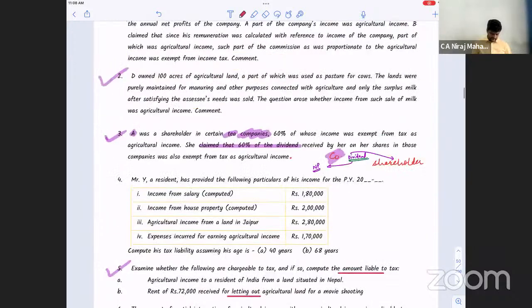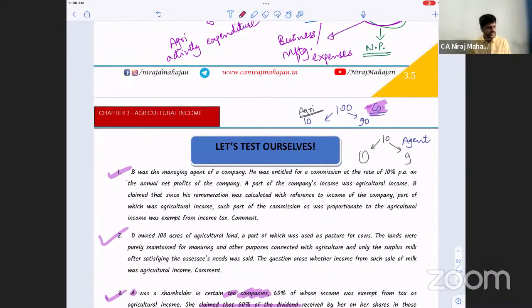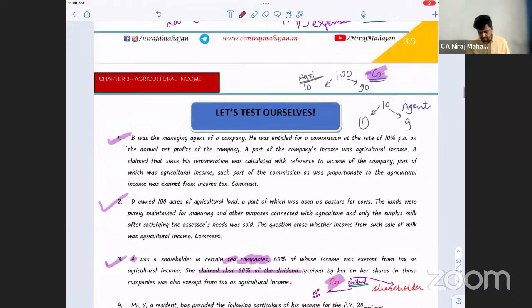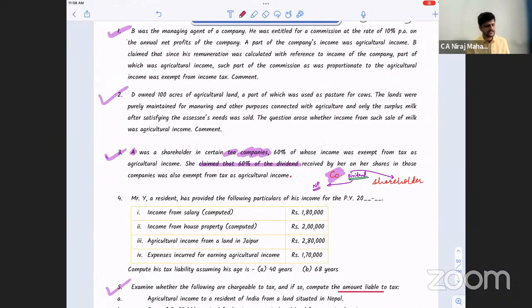Fine, everybody. The only 2 questions remaining, then we'll start with a new chapter in tax. Tomorrow in the next lecture, we'll take the remaining 2 questions, and then we'll start with another new, small, simple chapter. That is it for tax for today. Please revise and come. Please read your ICAI study material, whatever you have. Please read it and come. That's it for today for tax.